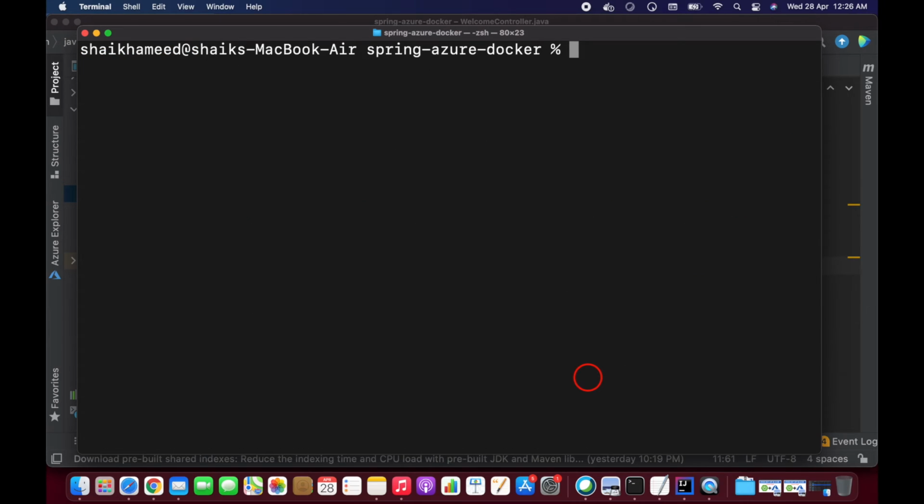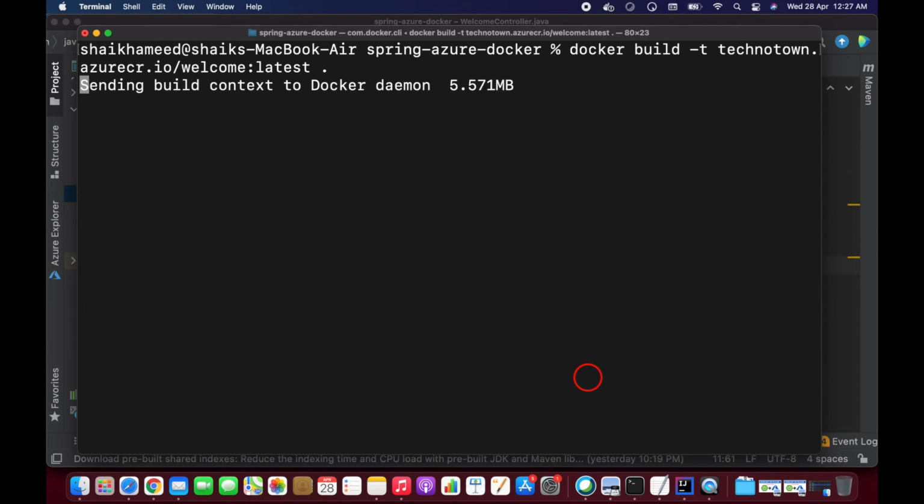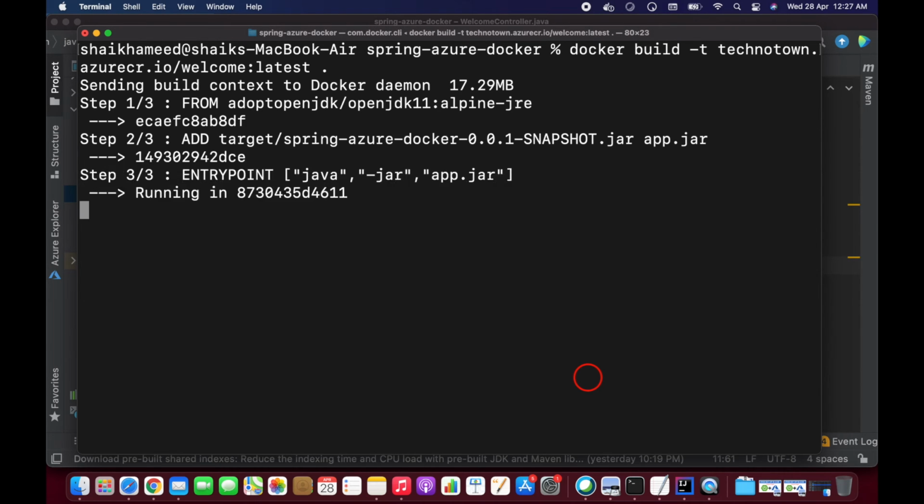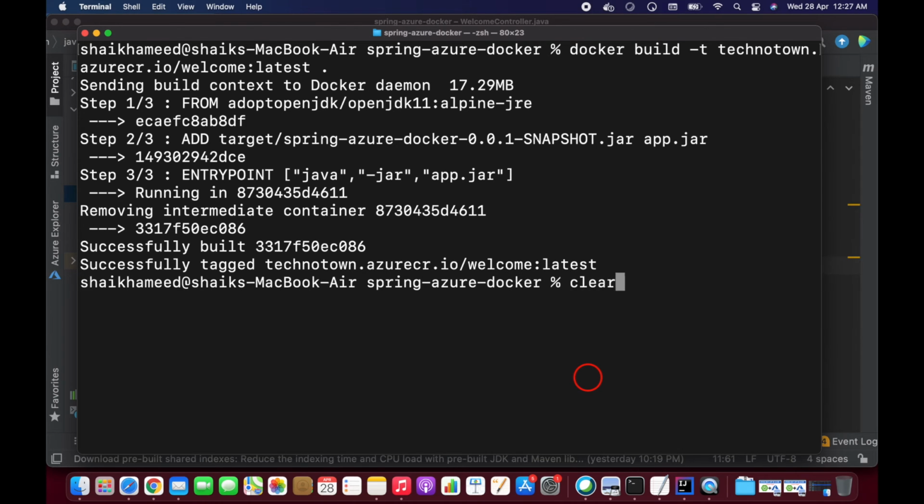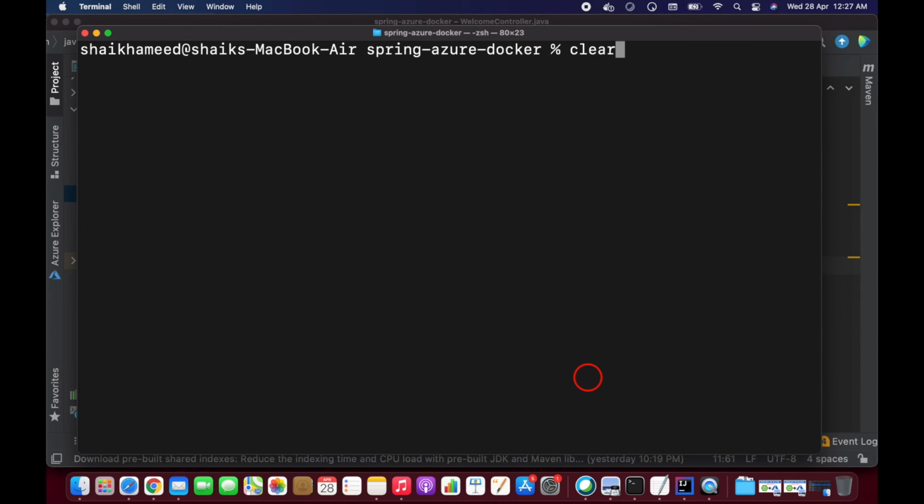And let's create this, and after that I'm going to build the Docker image again. So let's clear this. Now I'm going to push it again.